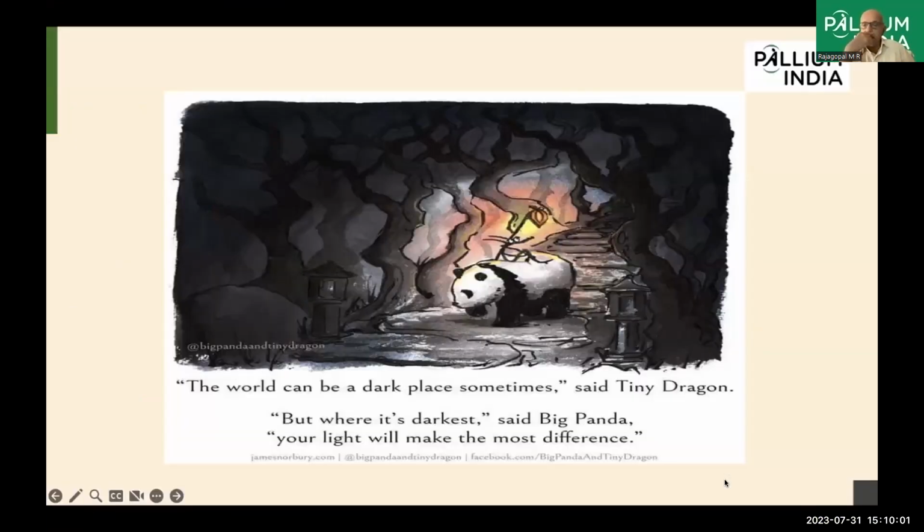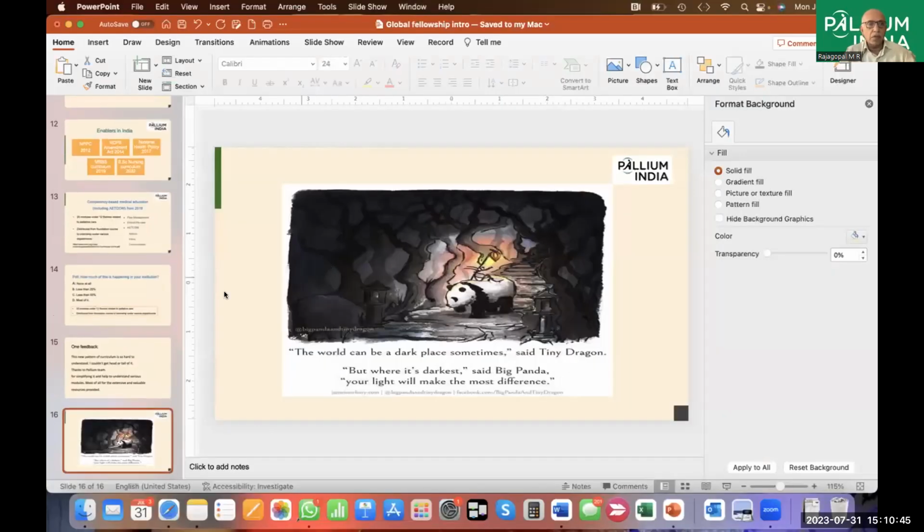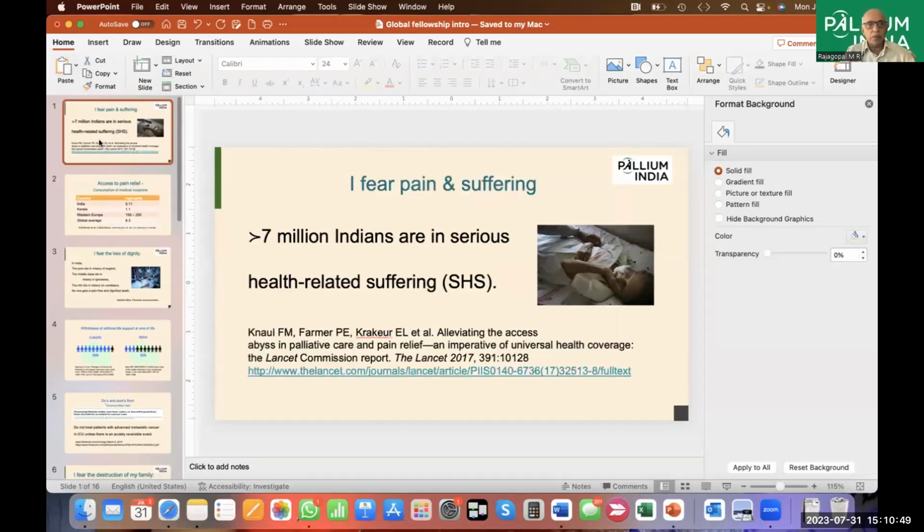Initially, I'll be painting the dark picture of what is happening to people with serious illnesses today, and what you will be doing. Today, you may be overwhelmed. You may be wondering, look, the whole healthcare world in the country is in darkness. What can I do as one person? And I'll very confidently tell you, what we have learned is that if you light one lamp, not only does it destroy the darkness around it, but many lamps will be lit from it. It matters. Everything that you do matters not only for me as your patient tomorrow, but for all the